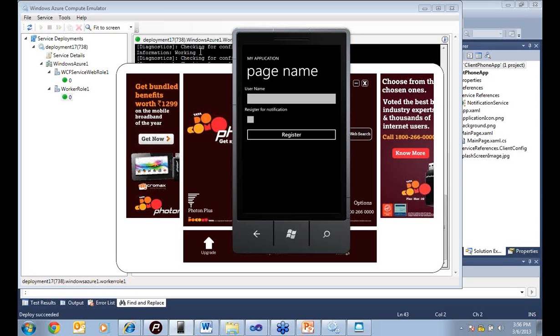Now, the moment I click the button, I'm not clicking the button as of now. I would want the screen to get refreshed. The moment I click the button which says register on the mobile phone, it is going to send a request, where it is going to send a request to,